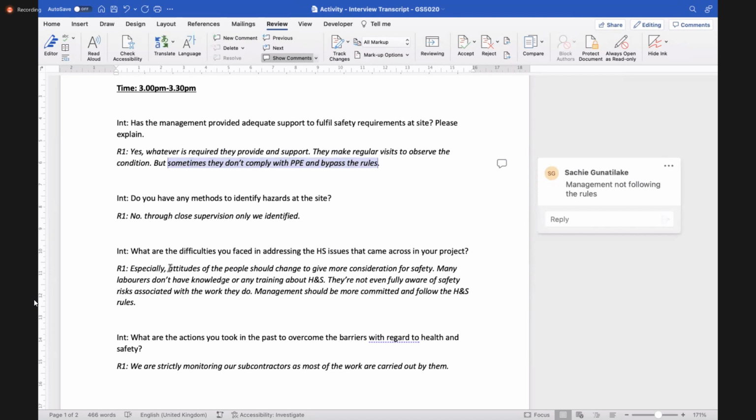Say here now, especially the attitudes of the people should change to give more consideration for safety. So there's another potential barrier there.